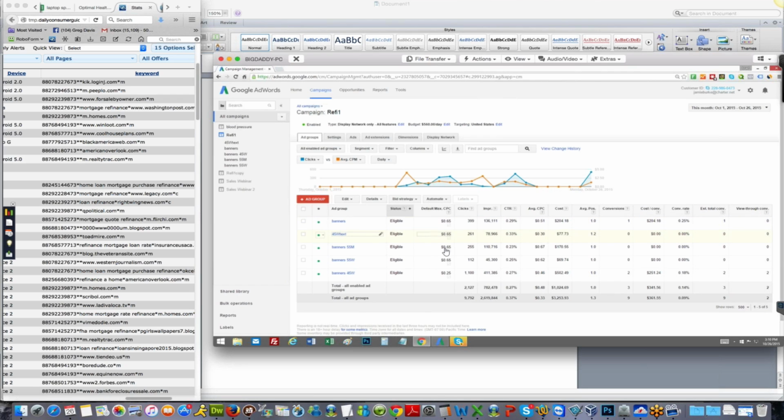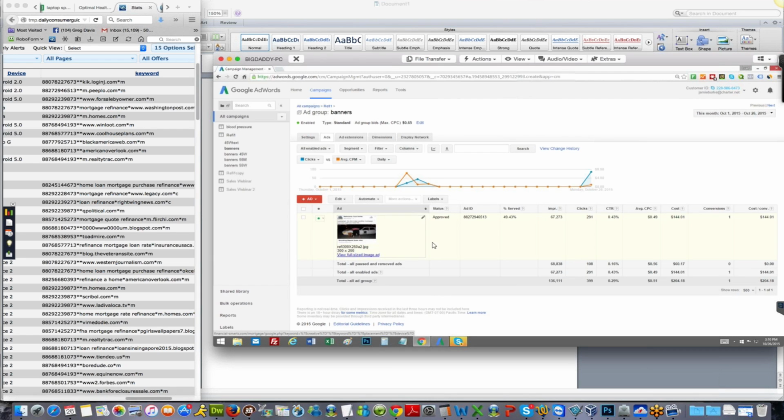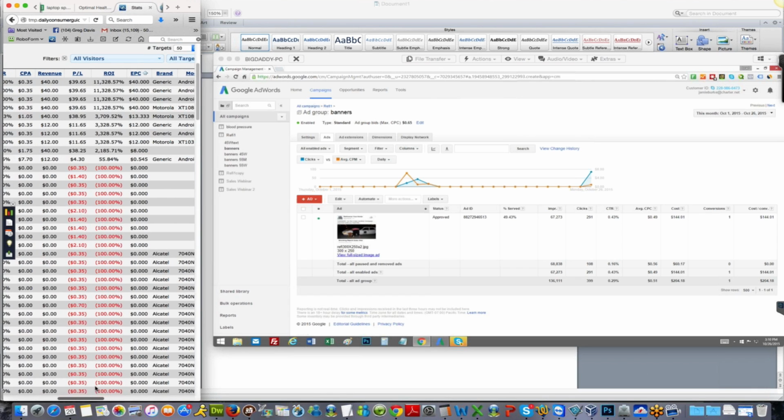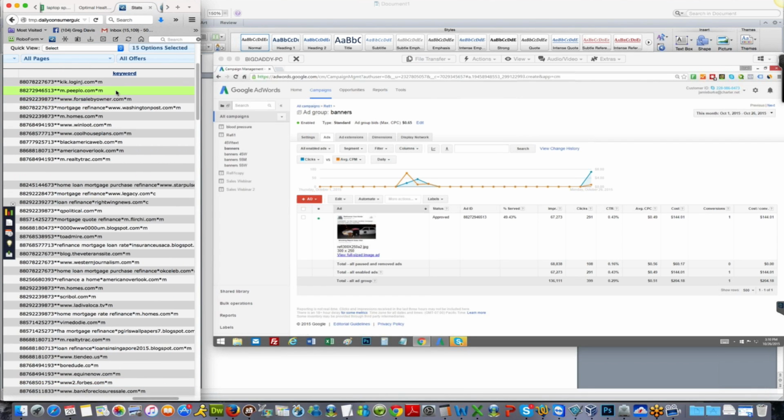Alright, let's see what we got here. Banners. Alright, so this is 6513. 6513. We have it here. So that's one. I think we also have it another place. 6513. Here, let's